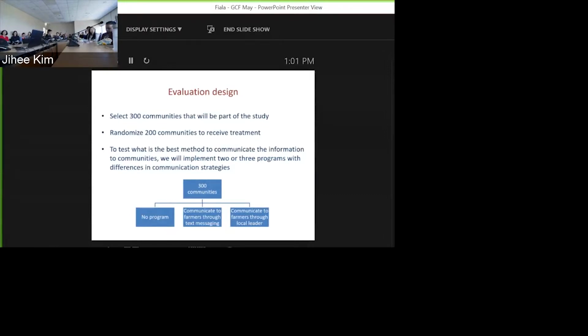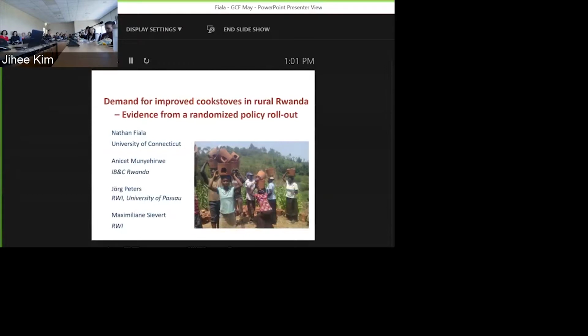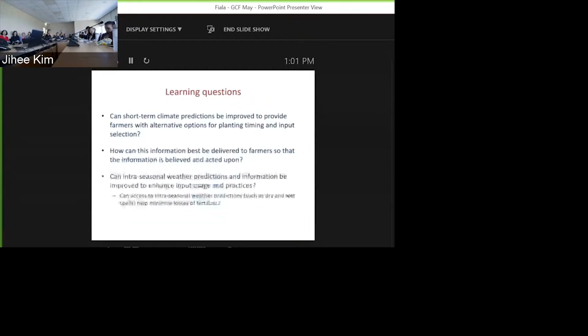And then obviously, since we have a control group here, we're going to try and measure the actual impacts of this on all those questions that I mentioned before. But what's the impact variable there? Any one of these is what we're going to be testing. First off, we need to check whether the predictions are any good. But then we're going to be explicitly testing how to best deliver the information to the farmers. Then we can think about the next stage, which is conditional upon them even taking it up.